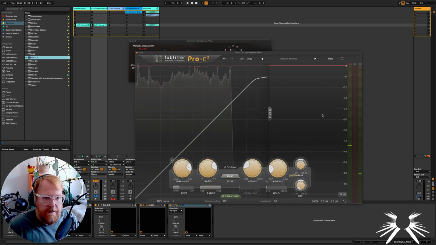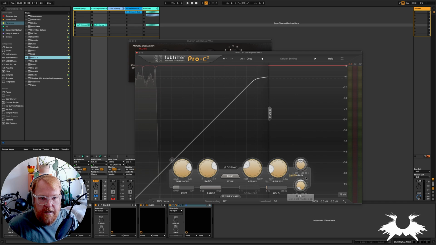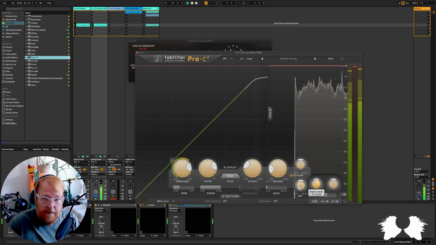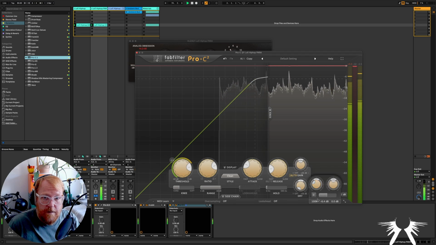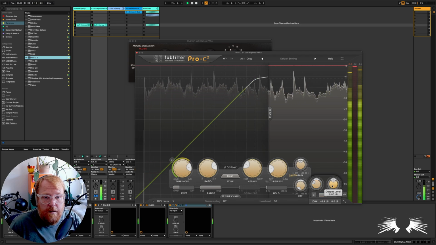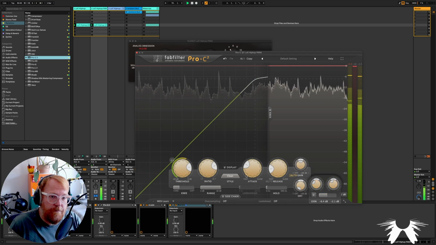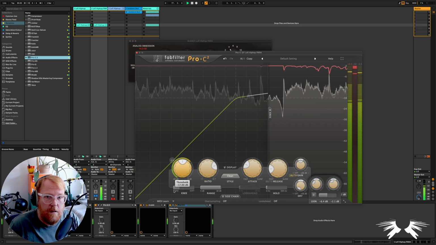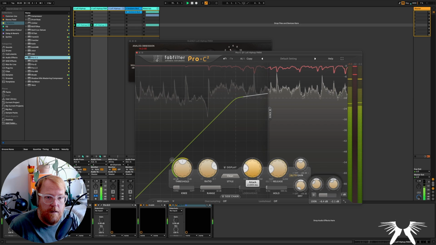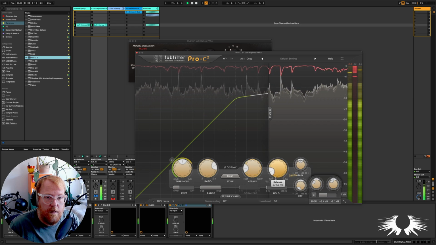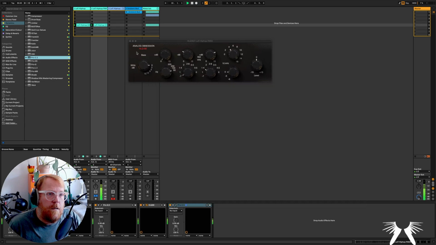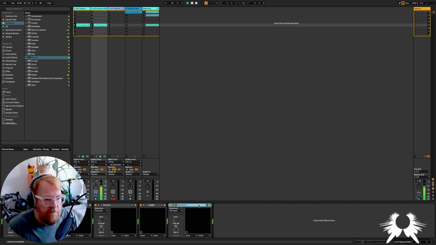So what we're going to do is lower our input volume. Maybe our output a bit as well. All right, so if I highlight all of this,